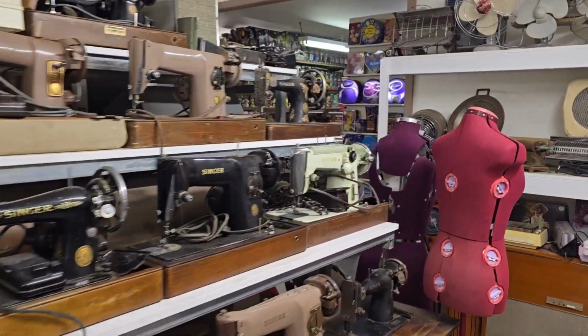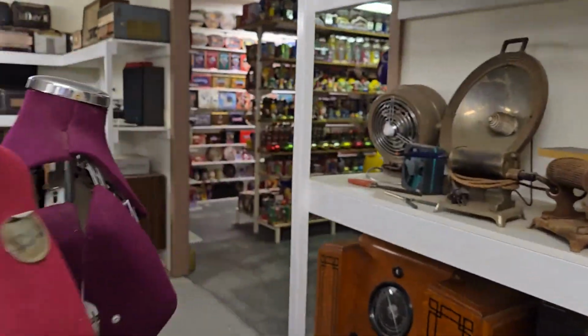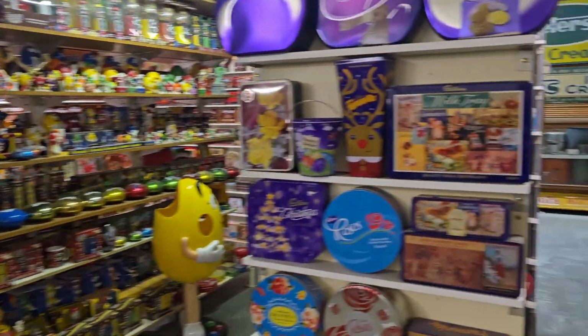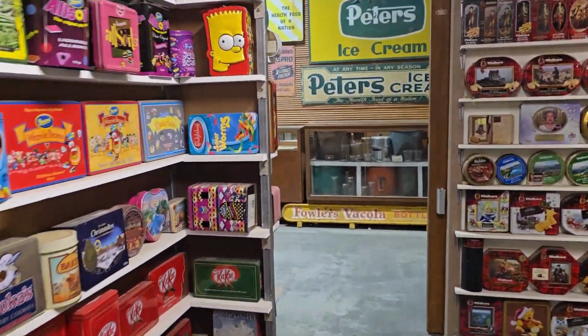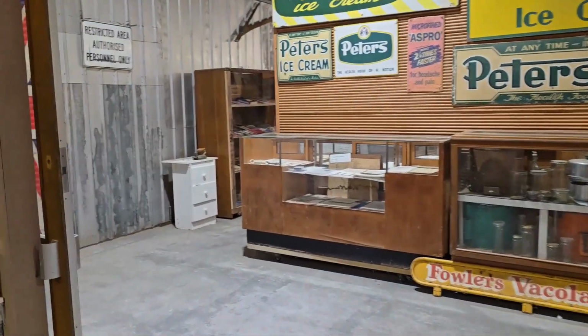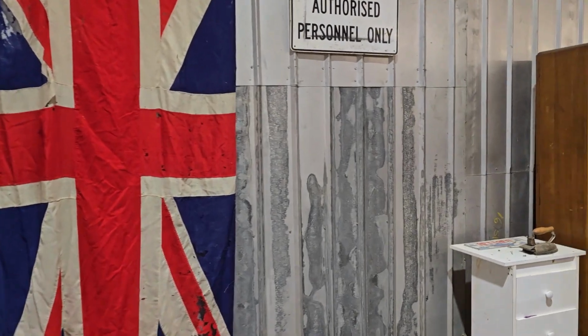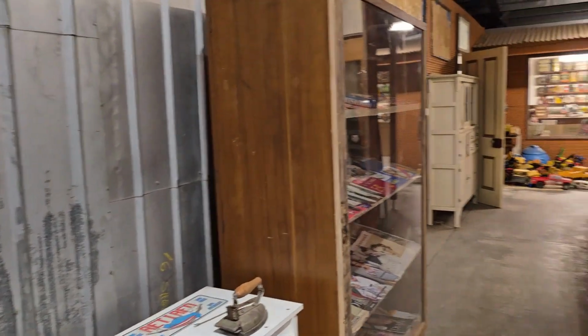All right, I'm not sure where I need to go next. Where I was heading... Oh, actually, no, we have to go back out here. And did we go right up this end? There's a restricted area there, we can't go through there. Around this side,